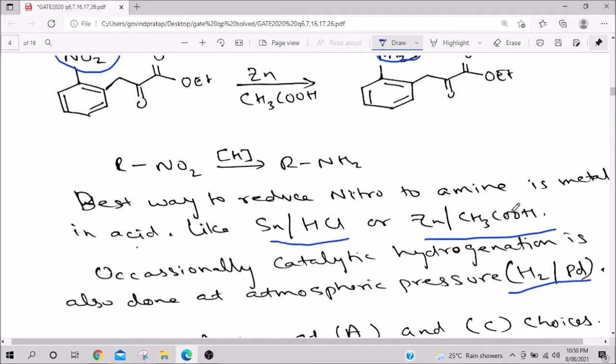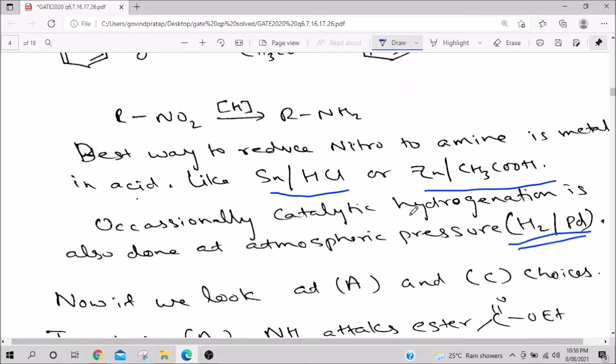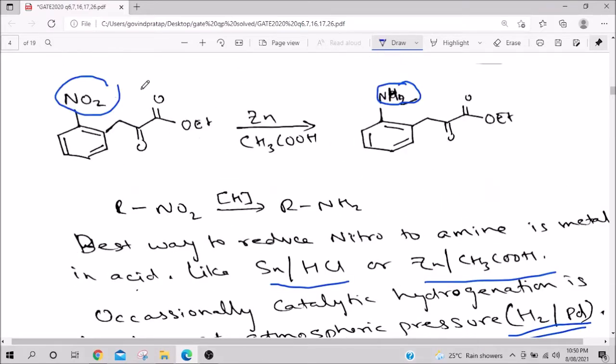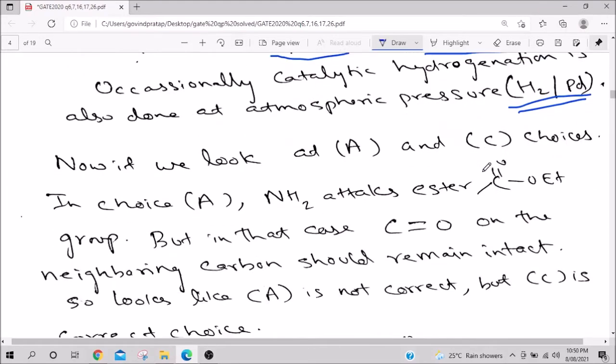We can also do it using catalytic hydrogenation, H2 Pd/C, but the problem is you have to do it only at normal pressure. You cannot increase pressure, because if you increase pressure, then this benzene ring can also get reduced. If you do it at 1 atmospheric pressure, benzene will not be touched at all. Very easily, just put hydrogen in a balloon and put it on top of your round bottom flask. It will reduce NO2 to NH2. That is one of the ways of doing it. So very clearly, when I am doing this, I am reducing that.